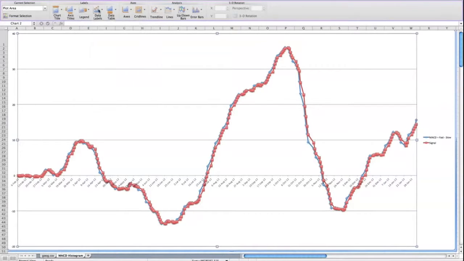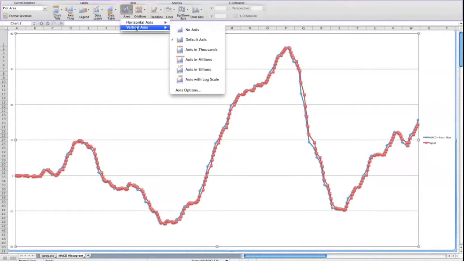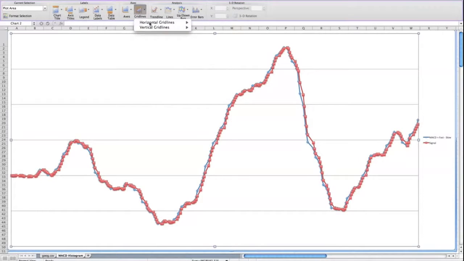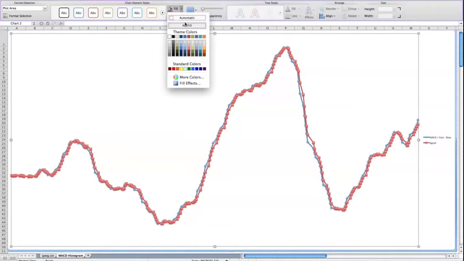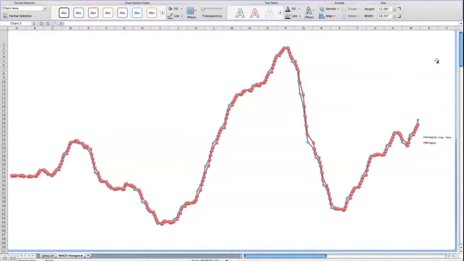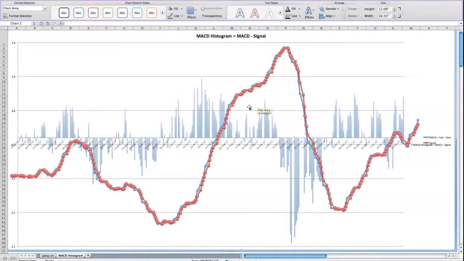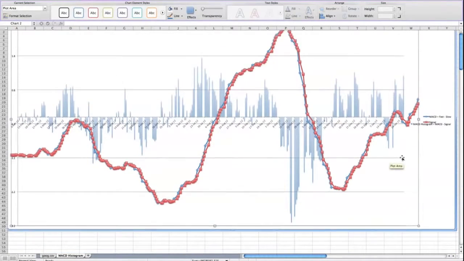You could leave the legend. No data labels. No data table. Axis. No axis. Vertical axis. No axis either. Grid lines. No. Vertical grid lines. No. Format. Fill. No fill. We hit the outer parts of the graph. Fill again. No fill. So now what you need to do is adjust it so the values